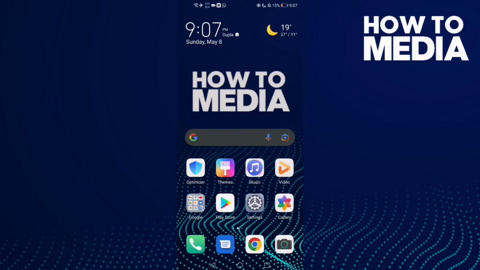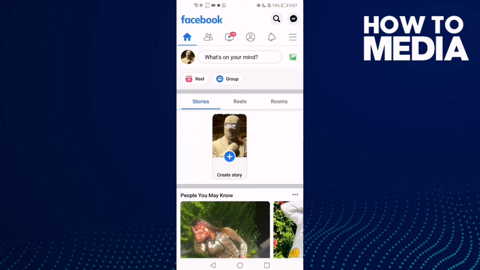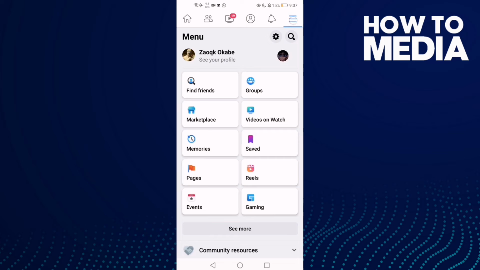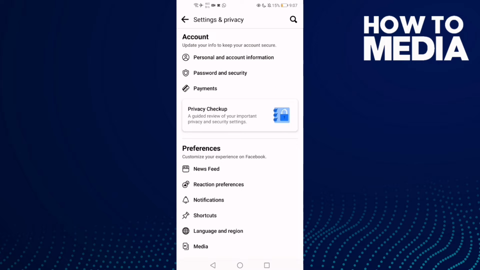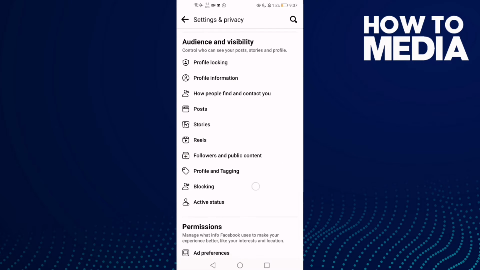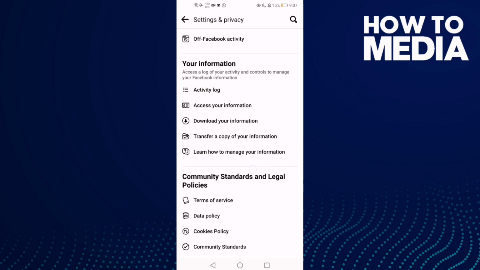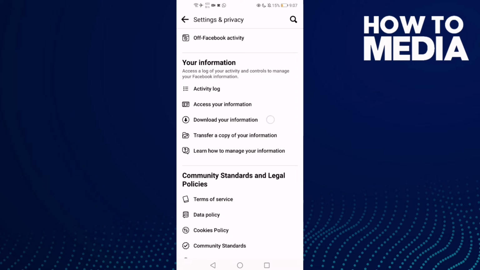First thing we're gonna do is go to Facebook and then click the three lines in the top corner and go down, click settings and privacy and then settings, and here just go down and click this one, download your information,